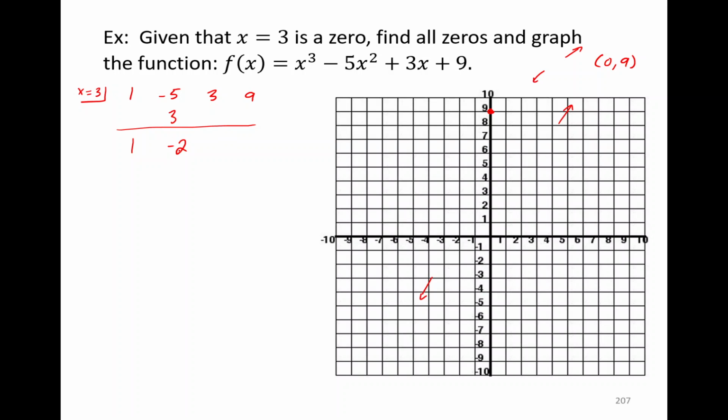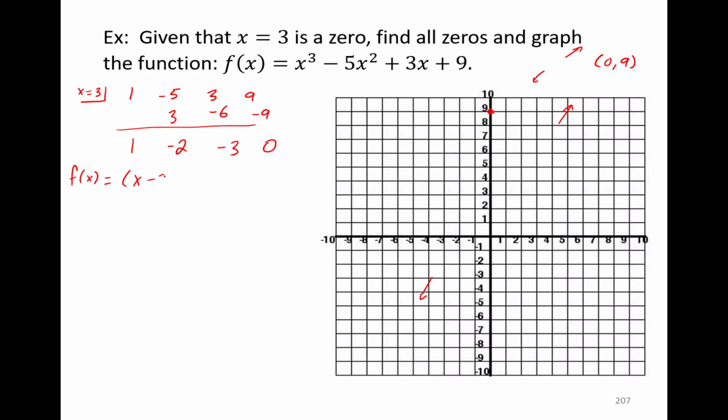Multiply by 3 again, 3 times negative 2 is negative 6. And then we'll add that to 3, so 3 minus 6 is negative 3. Multiply by 3 again, 3 times negative 3 is negative 9, and then 9 minus 9 is 0. So this function, f of x,